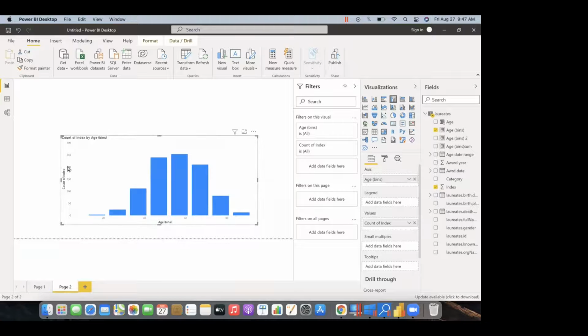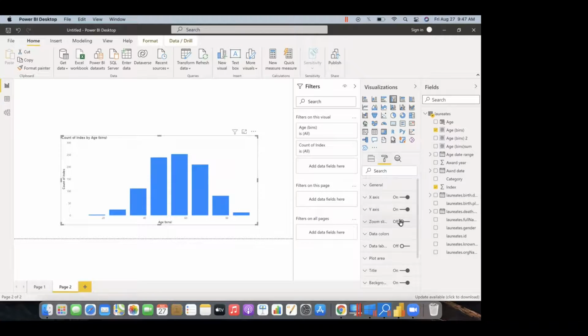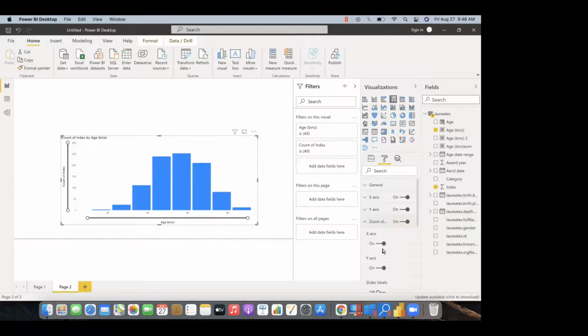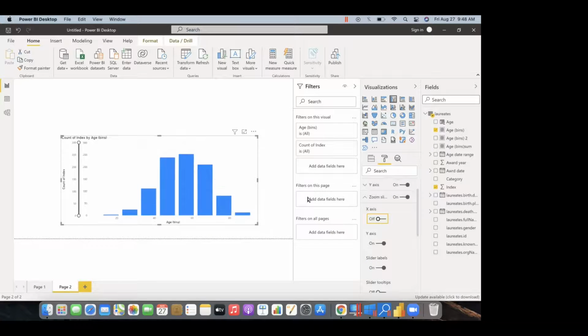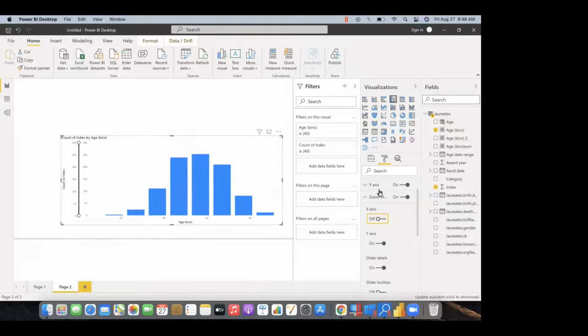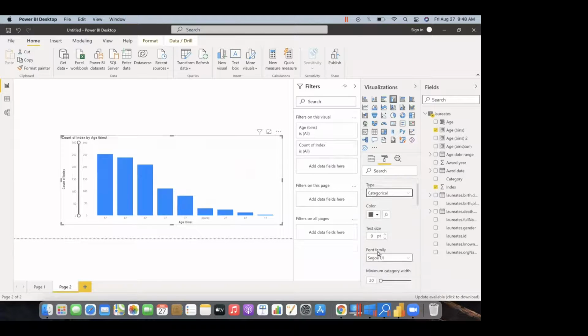Now, to add the slider here, what we do is go to the zoom slider and we'll opt on it. Slider labels, and we'll opt for x-axis. And yeah, we have to remove the blank also.